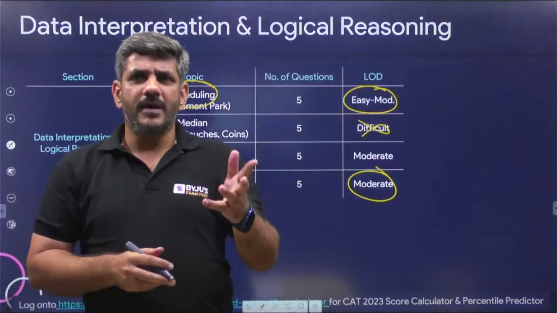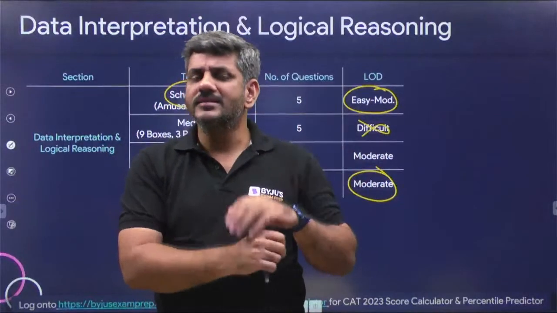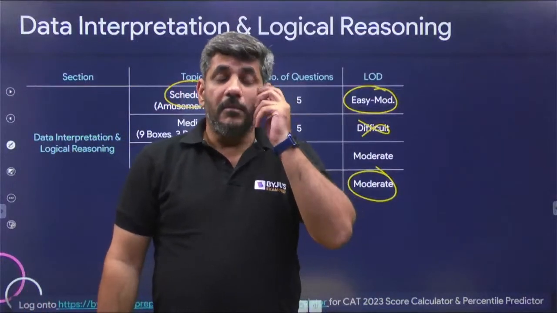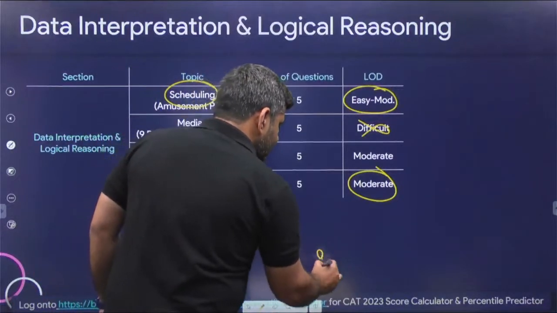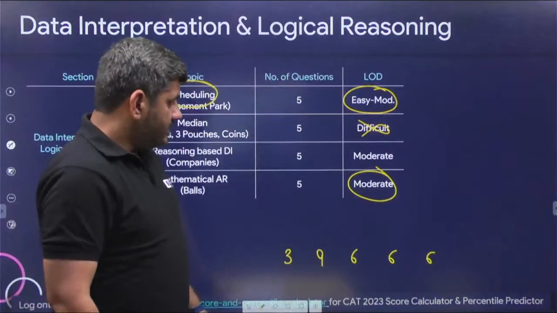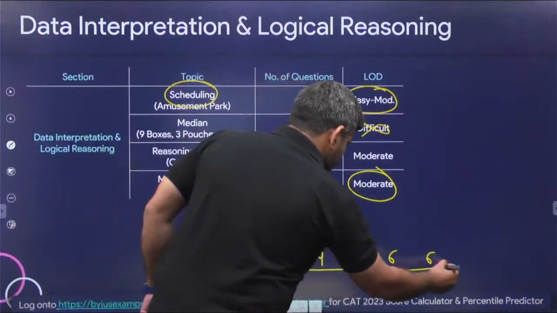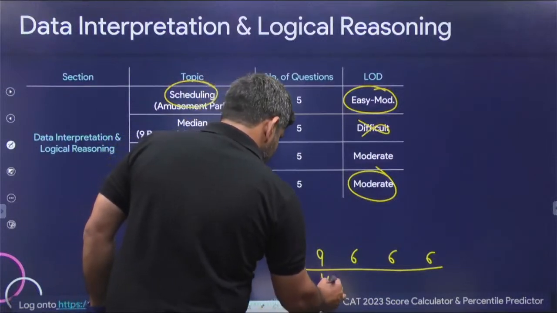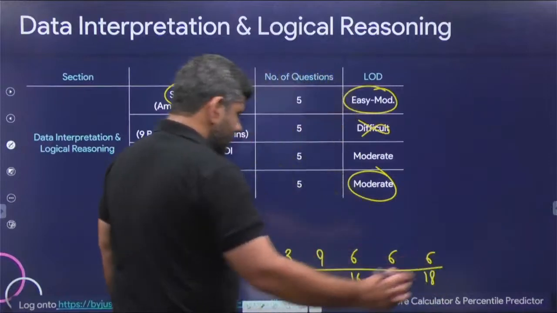ठीक है, मैं उसके बारे में आपको बता देता हूँ जो मेरा आंसर आया है, और वो मेरे ख्याल से ठीक था. That one person had multiples of 3 only, if you remember that. So those multiples of 3 were 3, 9, 6, 6 and 6. I'm sure you also would have got it. And the totals were given as, I think, 15, 16, 16, 17 and 18. These were the sums, if I'm not wrong.